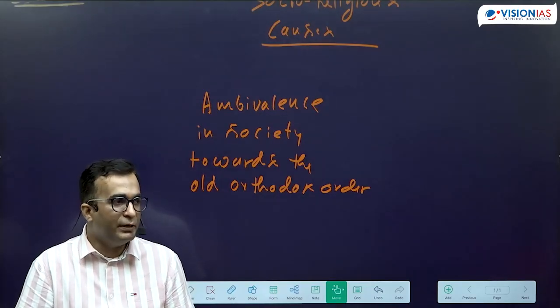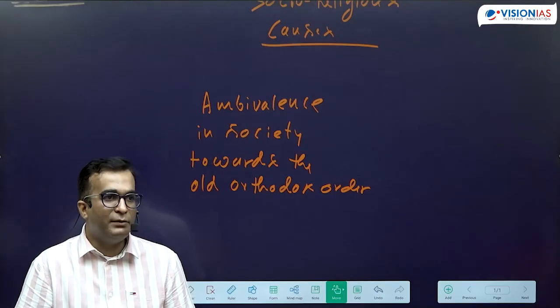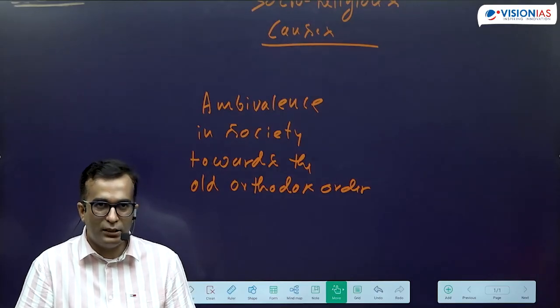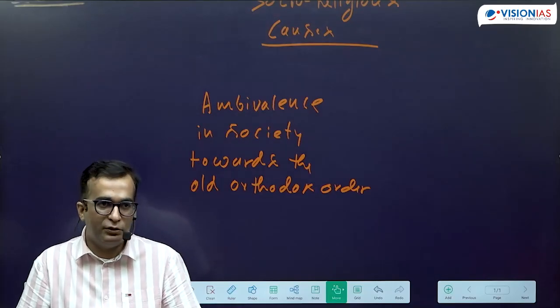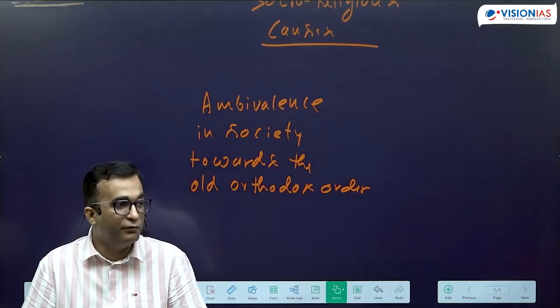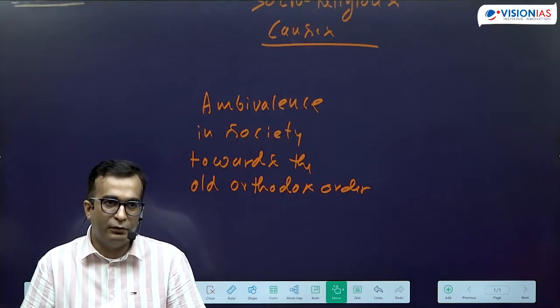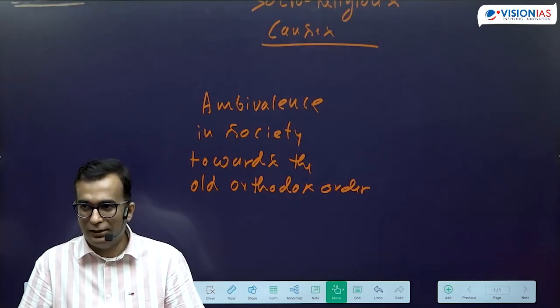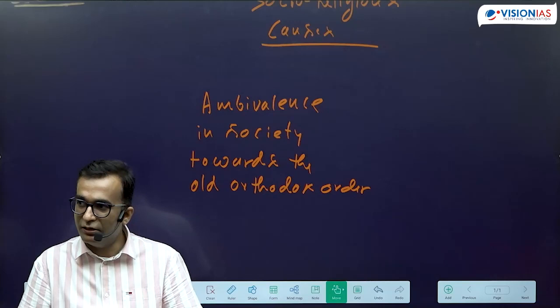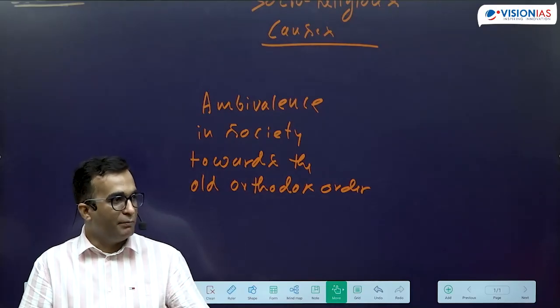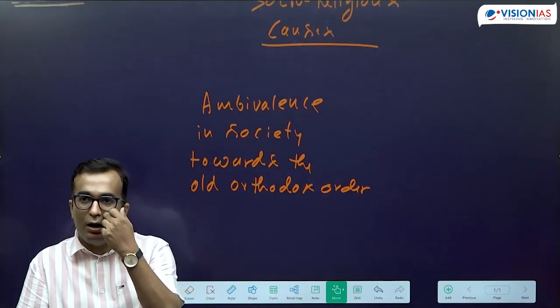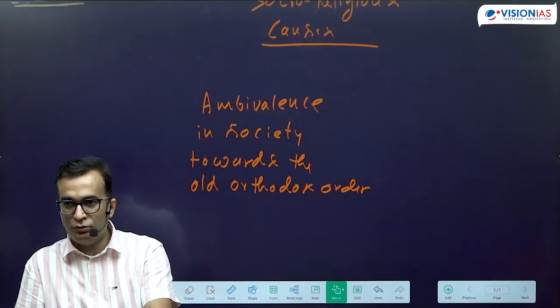When we talk about the medieval times, in medieval times also, when there were many such suffocations and many such issues, even at that point of time, Bhakti and Sufi emerged as a reform tradition. So that further reformed the society. So it's not that the British were the first to introduce reform in Indian society. But they claimed that we were always barbaric, and that they were on a civilizing mission, and they were introducing the reform.